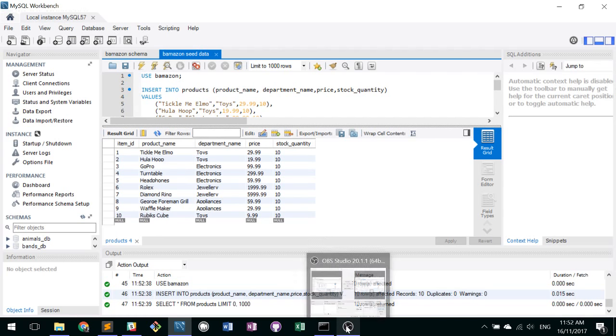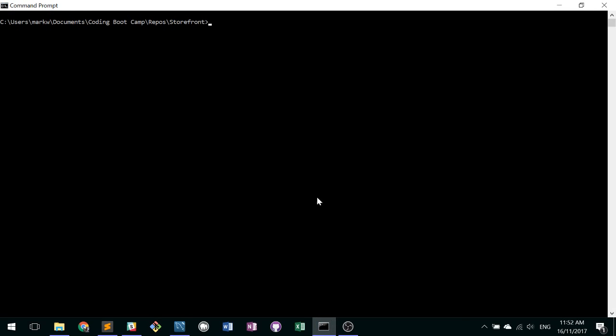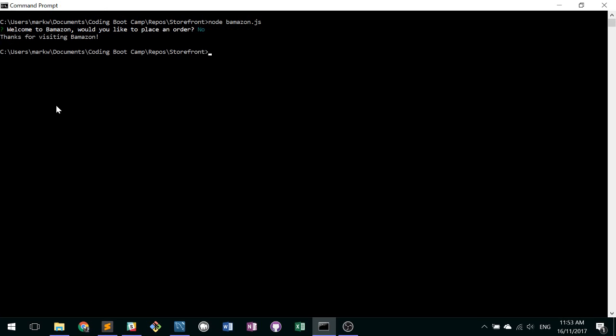So moving on to the command line, if we start up the storefront, the first thing is just a prompt to welcome the user to Amazon and ask if they would like to place an order. If we say no, we don't want to place an order, then we just get a thank you message and back to the command line. If we start again